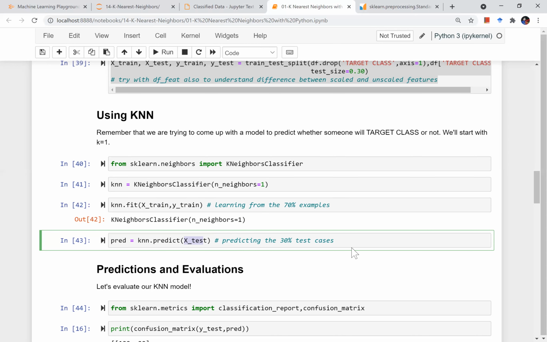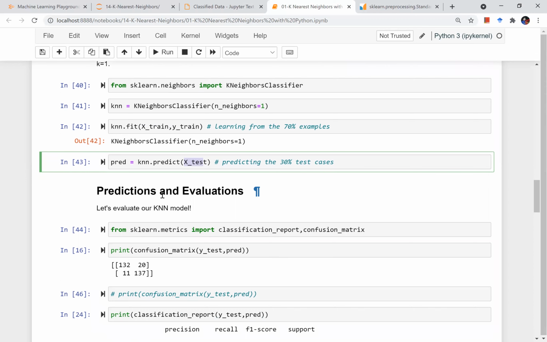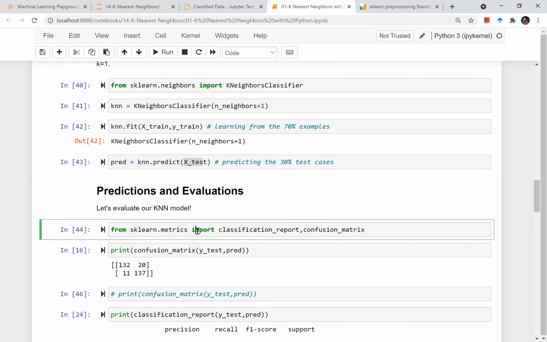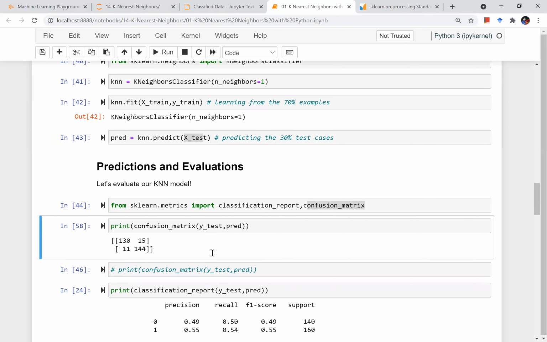So we need to use the confusion matrix, right? I hope you all remember the confusion matrix, to check the performance of my model. To evaluate our model, from sklearn.metrics I will import classification report and confusion matrix. And if I print my confusion matrix, it looks like this. So it has 130 correct predictions plus 140 correct predictions. These two are my wrong predictions, right? So basically they should belong to class 0, but my model says they belong to class 1, like false negatives, and these are the false positives. We have seen this in the machine learning lecture part, right?